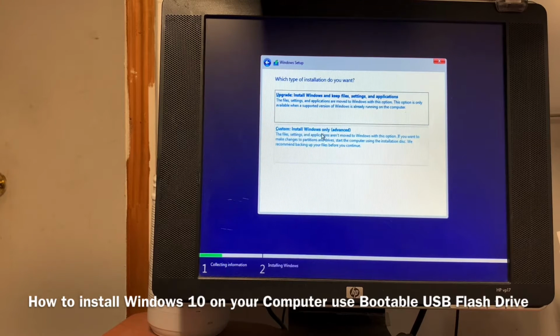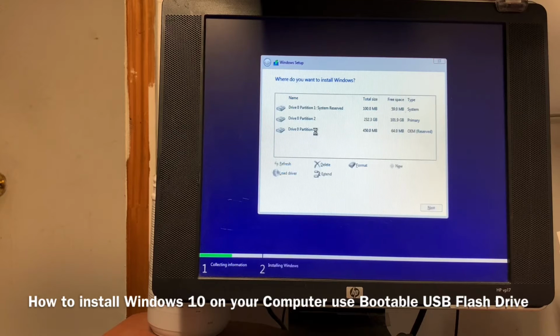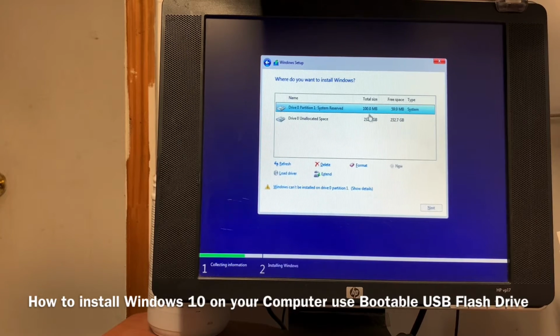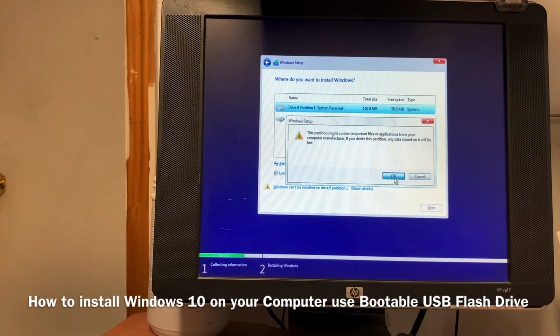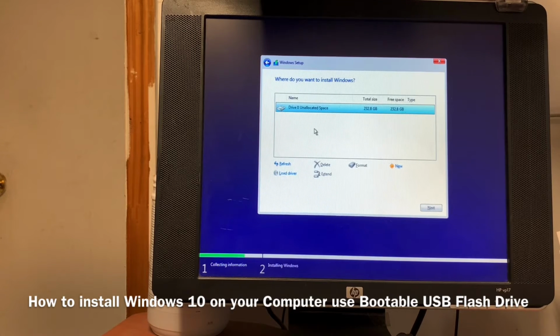Upgrade, that means the mess up, click always the bottom one and you see over here a lot of things. I just partition clean, delete this one, yes, I delete the partition and this one delete, okay, okay. Delete this one, okay. Now this partition also delete, okay. This is the I set up the only one partition, one, this is the 232 GB,